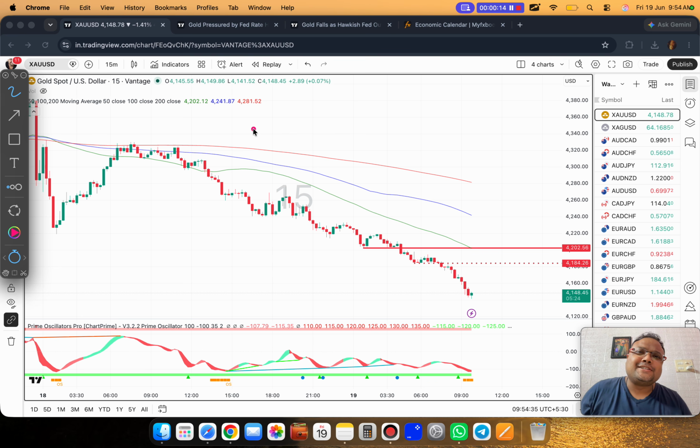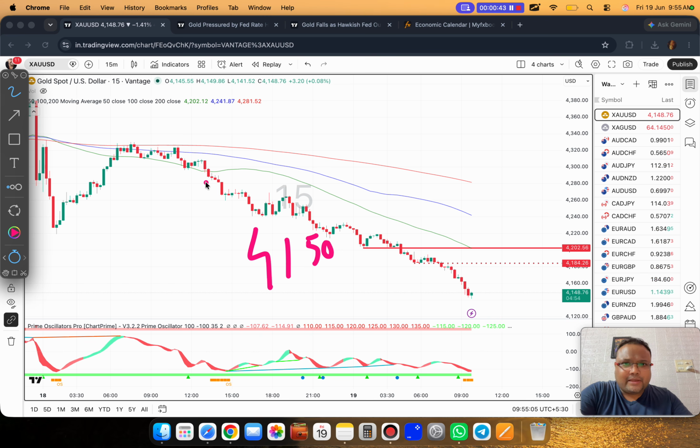So let's get started. My dear friends, this is the 50-minute chart of gold in front of us, and we can see the market is super weak here. Right now, at the time of recording the video, gold is trading around 4150, and the market is under serious selling pressure. So nothing much to discuss here. If you have any ongoing sell right now, you can hold your sell position because things have changed drastically